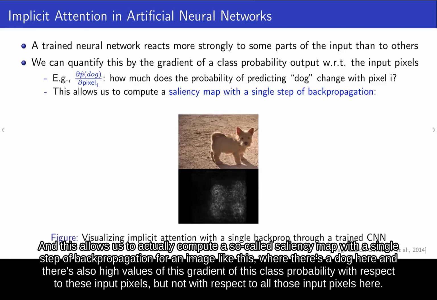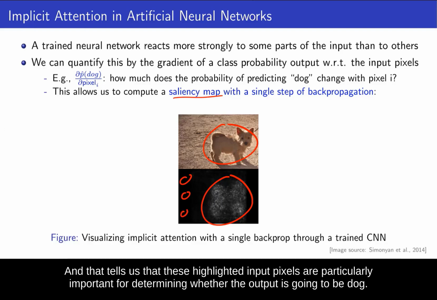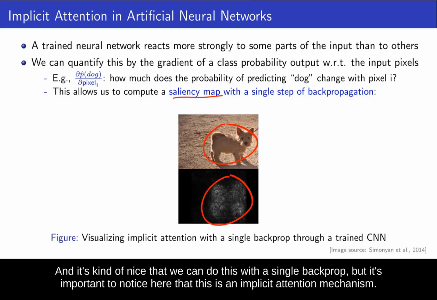And this allows us to compute a so-called saliency map with a single step of backpropagation for an image like this, where there's a dog here, and there are also high values of this gradient of the class probability with respect to these input pixels, but not with respect to all those input pixels here. That tells us that these highlighted input pixels are particularly important for determining whether the output is going to be dog. And it's kind of nice that we can do this with a single backprop, but